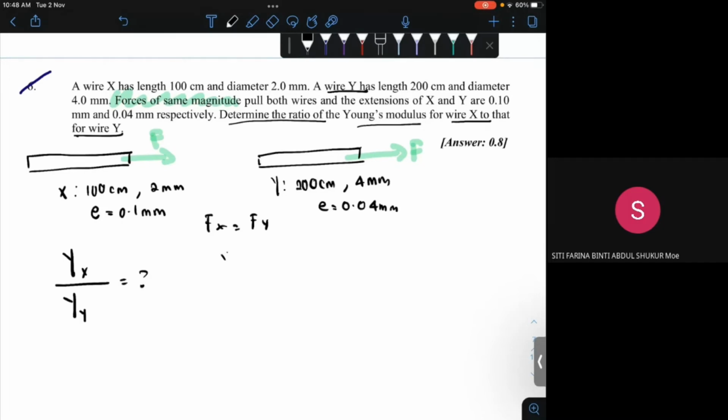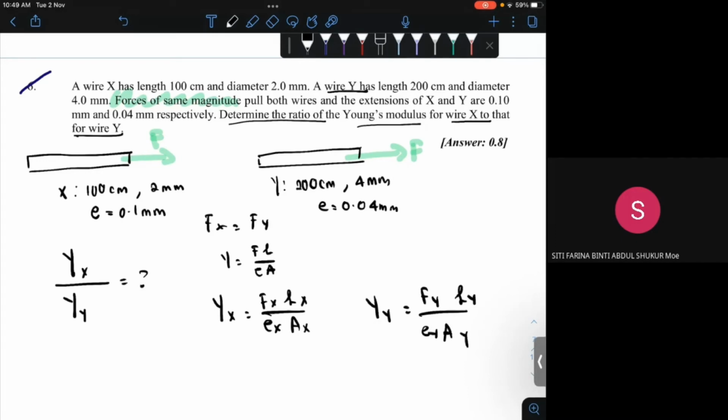And we know Young modulus adalah F L over E A. Okay, semua yang kita ada dekat sini kita boleh masukkan untuk dapatkan sebenarnya. Okay, so Y untuk X akan jadi force X, length of X, extension of X, area of X. Begitu juga untuk Y. Fy, Ly, extension Y,